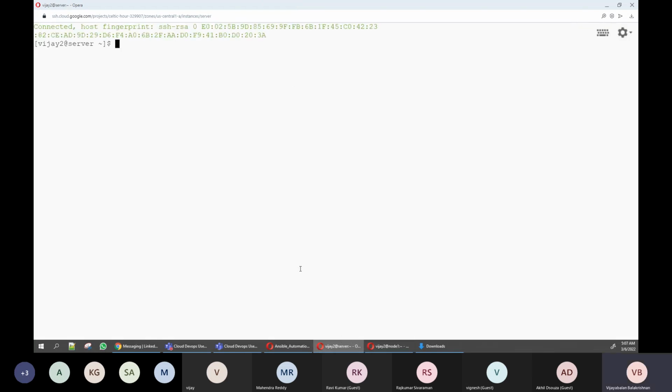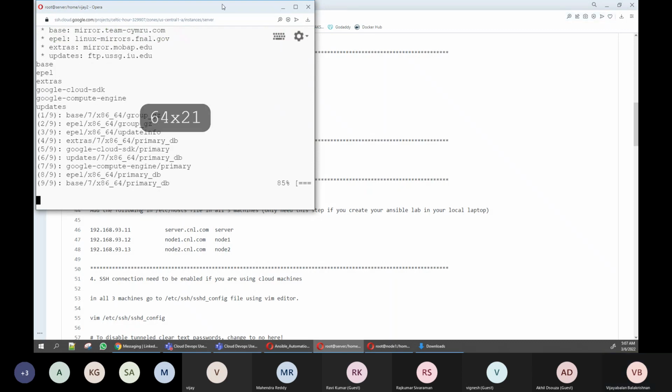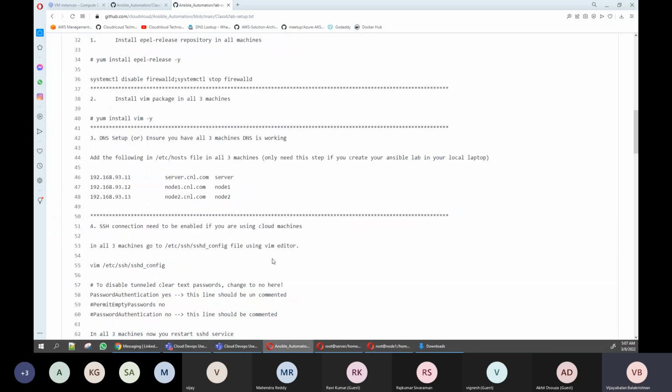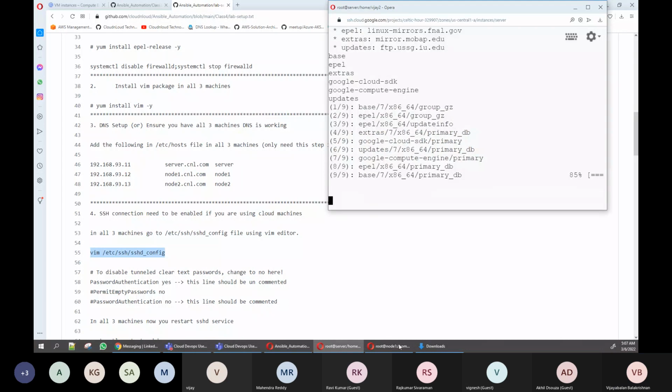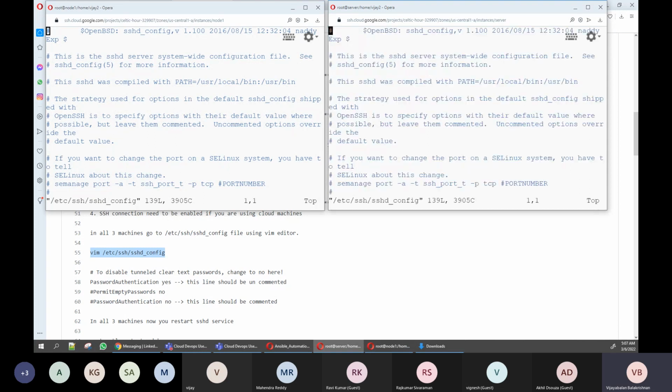Okay, so now I'm logging in as root. Let's minimize both windows so that we can run these commands in parallel. So now I'm editing the file because I need to enable SSH. Also, I'm opening the file. So if you come down,